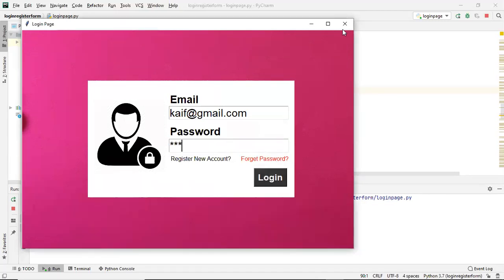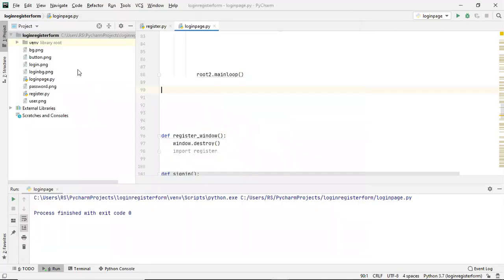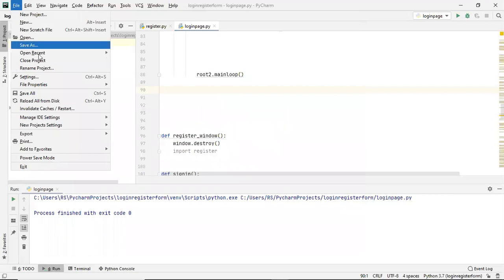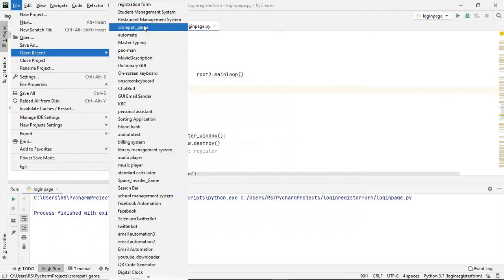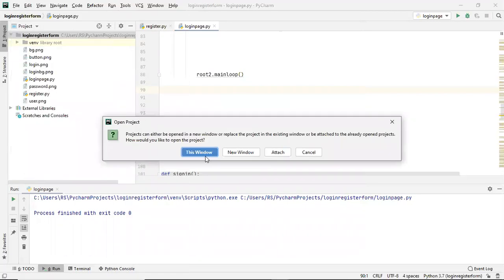Let me show you how we can do this. I'll open a project like the restaurant management system in a new window.